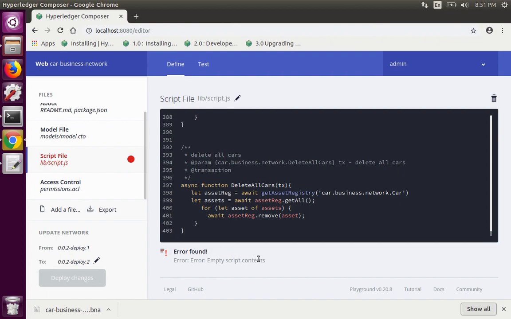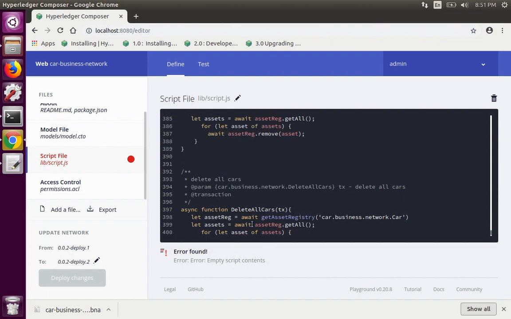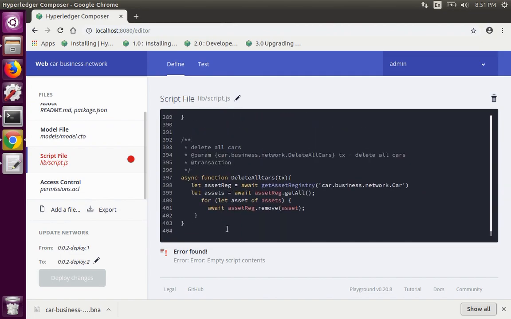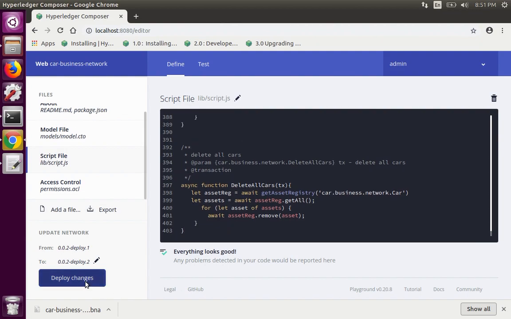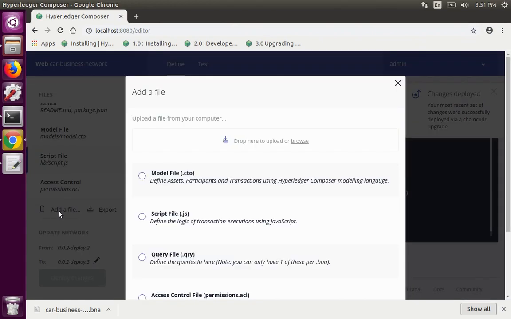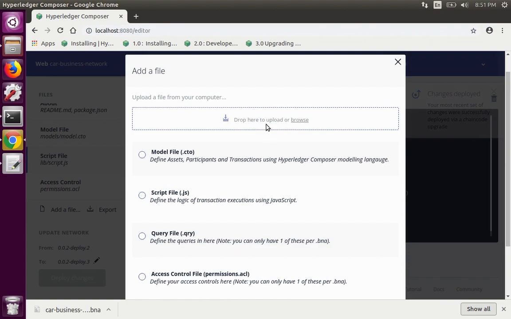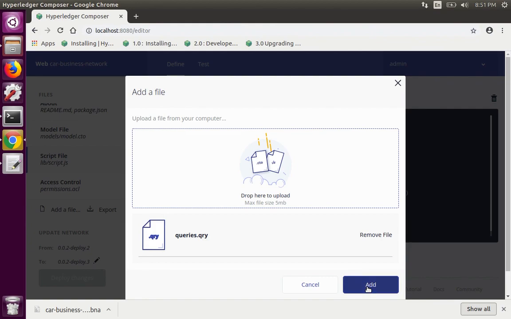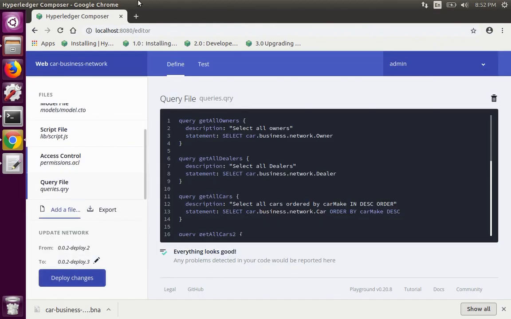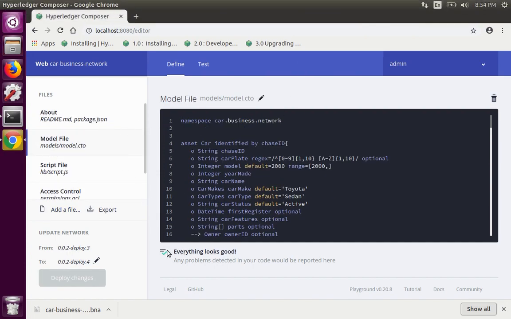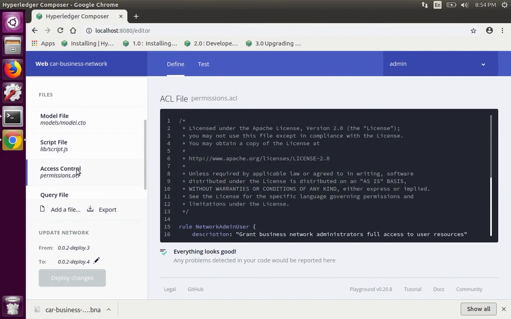Oh, it seems there is a problem here. And deploy it. And we need the query file. I hope it can accept the query. Yeah. Okay. The query also has been accepted. Okay, so once everything looks good here, the codes in the model file, script file, and access control and